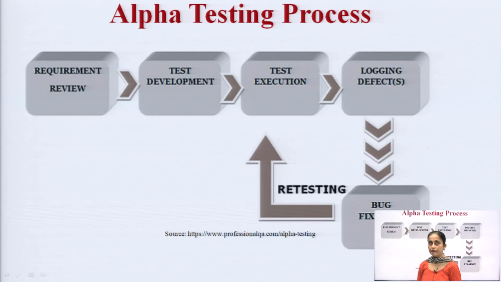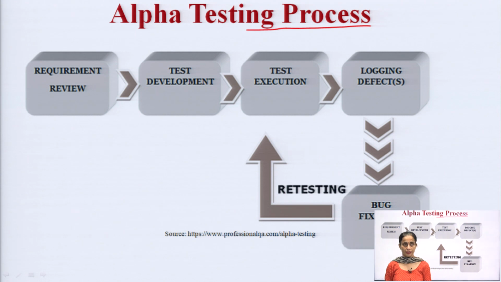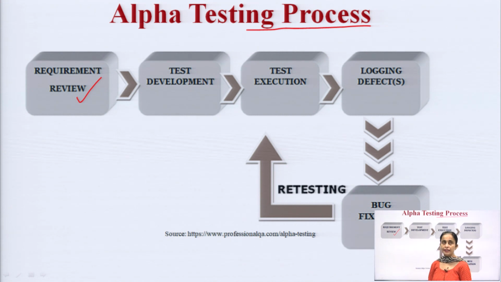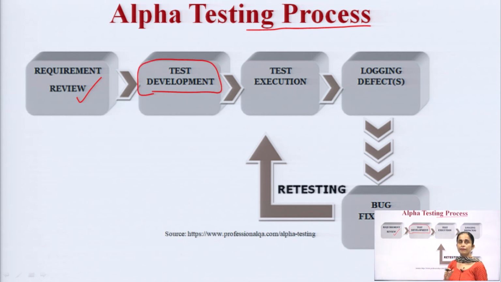Next is the alpha testing process. The process of alpha testing occurs in different steps. We start with the requirement review. We have gathered the requirements, and those requirements are reviewed. Then, according to those reviewed requirements, the test development phase comes into the picture, so that we can make the